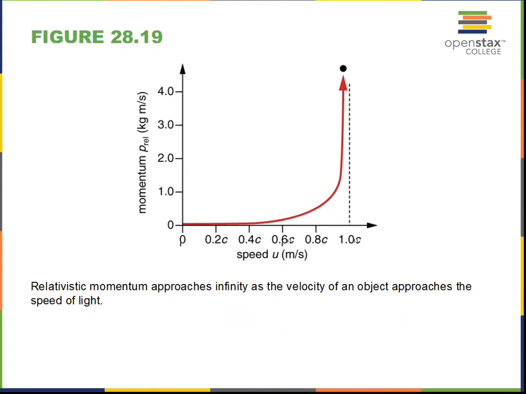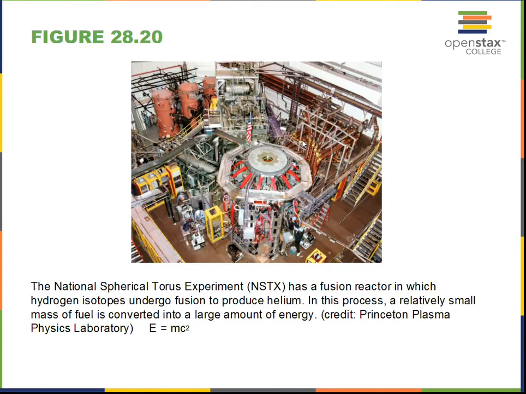Because gamma is part of the multiplication, again we have this similar graph that we've seen before. When we get near the speed of light, gamma goes towards a very large number, infinity, and the momentum increases very rapidly. A little bit more interesting to talk about would be the effect on energy, so we'll head towards that. And when we get there, we're going to find that there's a derivation for E equals mc squared.